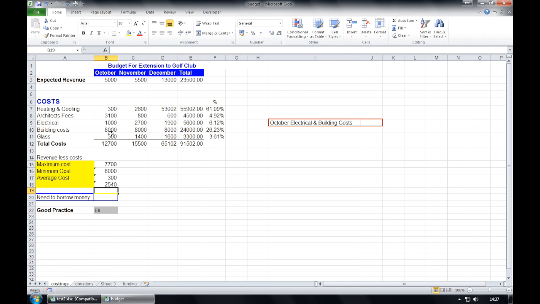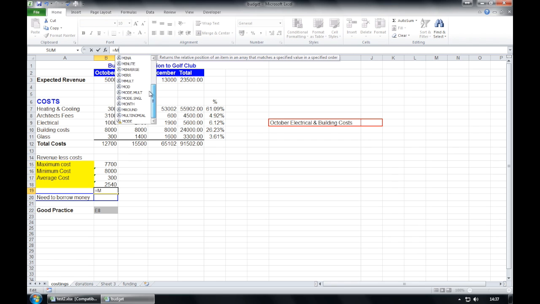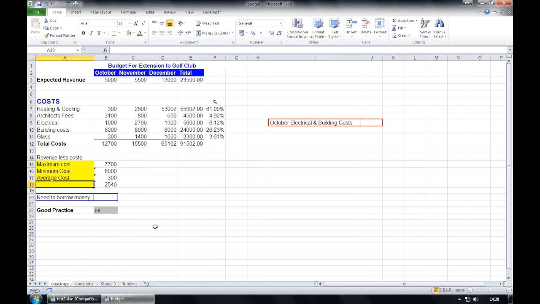and press enter. You'll notice as you're doing different formula, if you do an equals sign and you begin to type different letters, you'll have lots of different options for things that Excel can do in terms of maths. So if you're unsure of one that you haven't come across before, starting with the first letter normally gives you the options. So just as before, in our formula bar, equals average, open up our bracket,